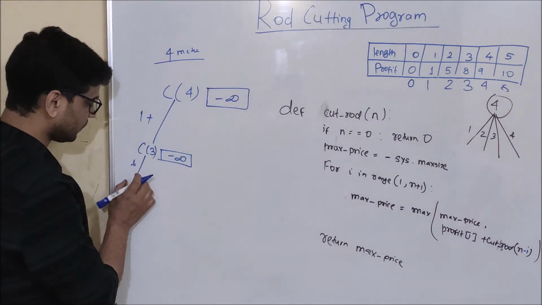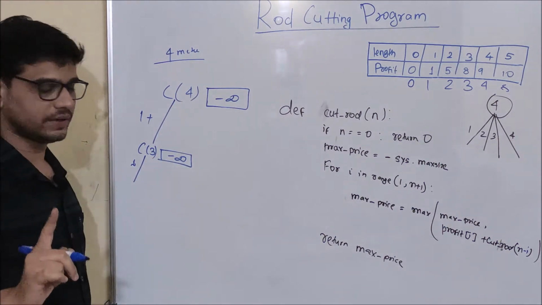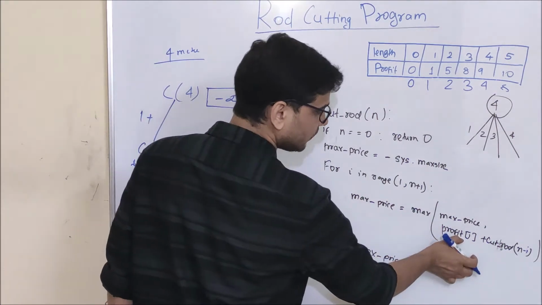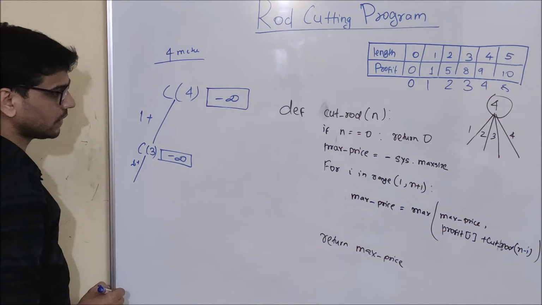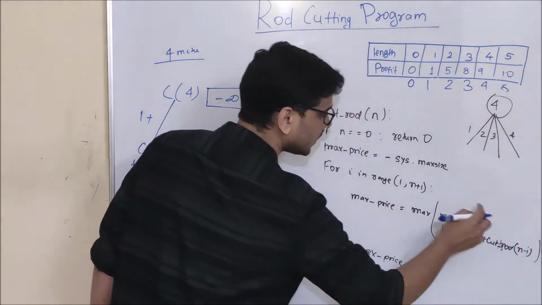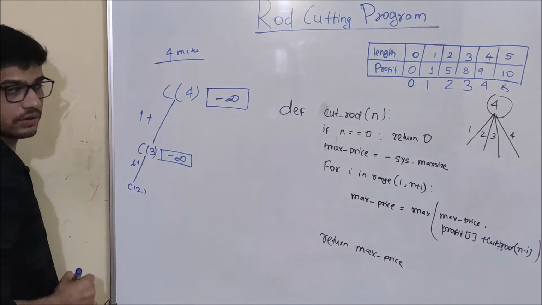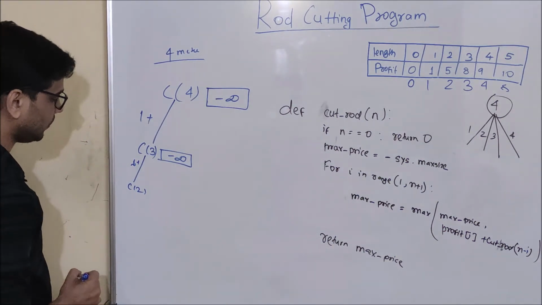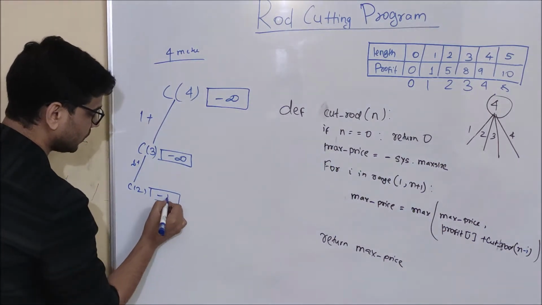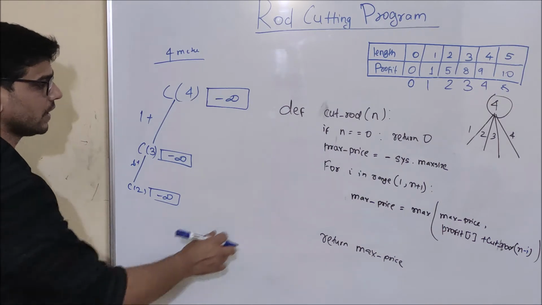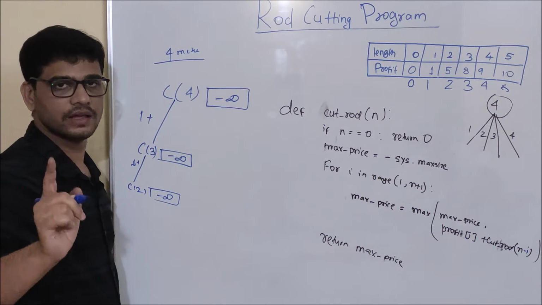Okay? See, now come here. For cutRod of 3, I have given it a cut of 1 meter. So what is going to happen? Profit of i, for a 1 meter cut, I have a profit of 1. 1 plus cutRod of n minus i. n is 3, i is 1. So I will call cutRod of 2. And when cutRod of 2 is called, again this check will be false. This variable will be created and initialized. And in the next line, this for loop will execute for i equal to 1 and i equal to 2.